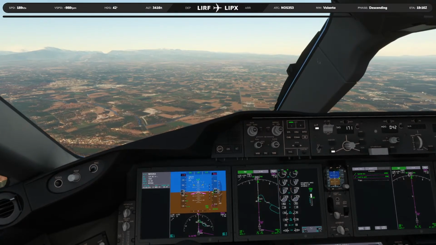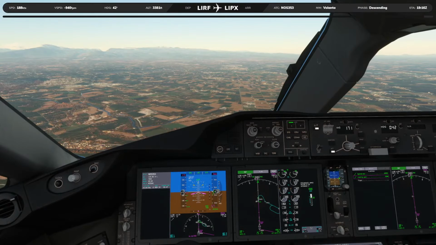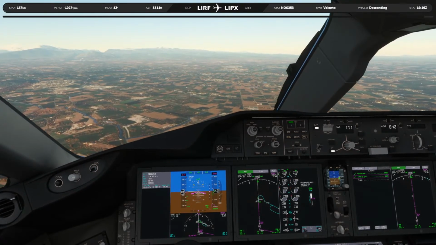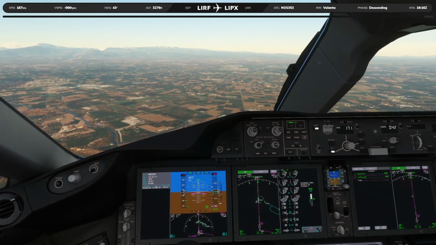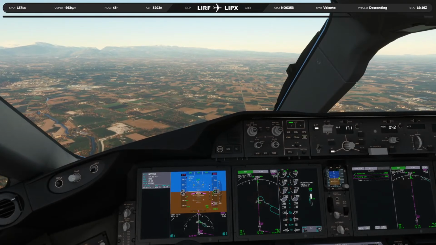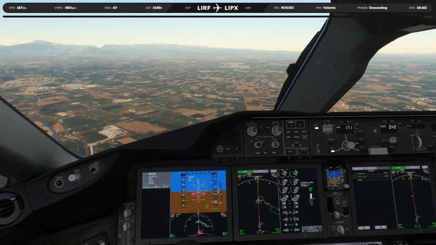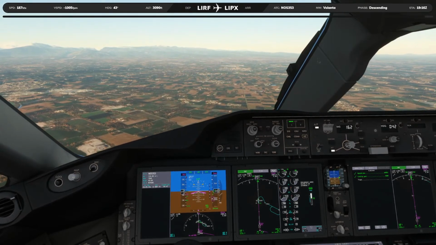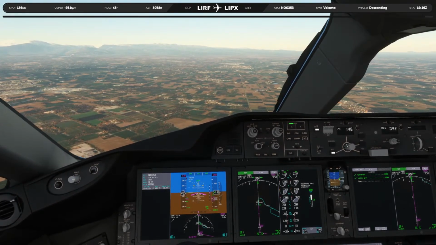And we're down to 3,500 for 3,000. Speed check and flaps 15. Let's go ahead and reduce the speed to 141.